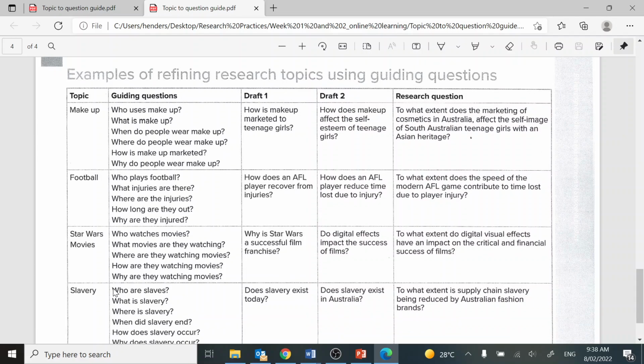So who watches Star Wars movies? What movies are they watching? Where are they watching the movies? How are they watching the movies? And why are they watching the movies? So draft 1, why is Star Wars a successful film franchise? And then draft 2, do digital effects impact the success of the films? And then they've broadened that to what extent do digital effects have an impact on the critical and financial success